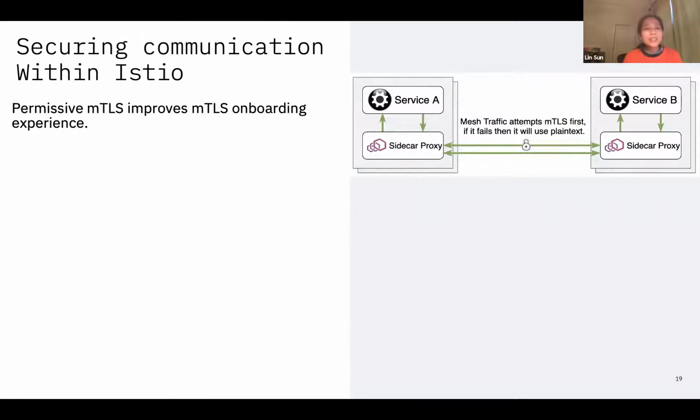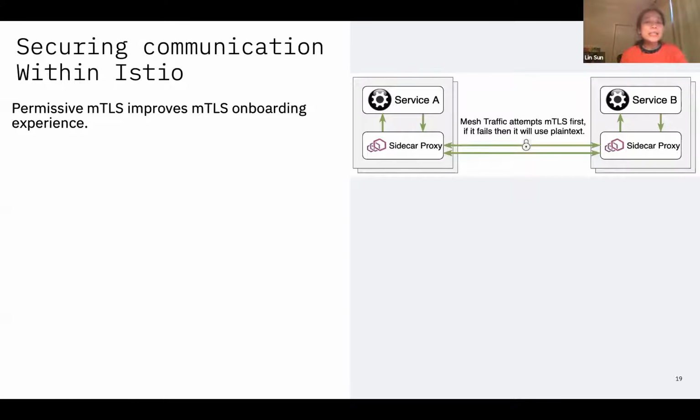The next thing we typically see our users do is, once they have added the sidecar, they start to think they want to secure communications among these microservices with the service mesh. So Istio provides something called Permissive Mutual TLS, which is designed to improve the onboarding experience.